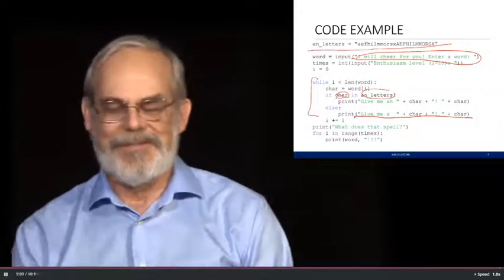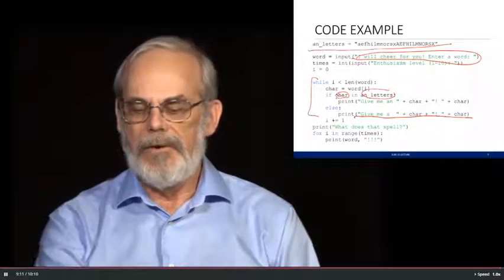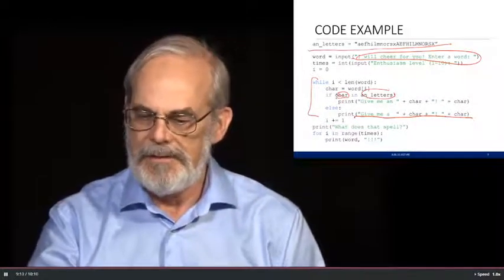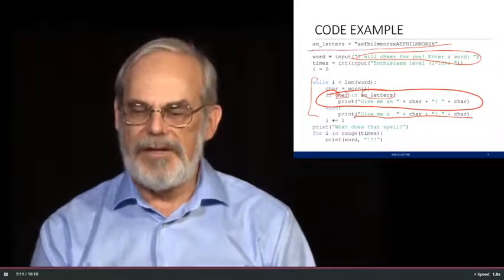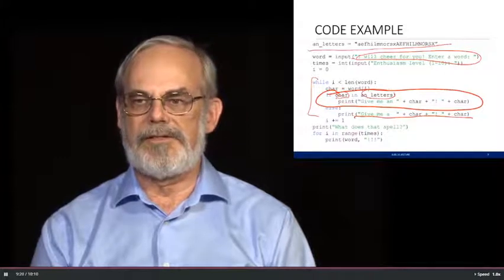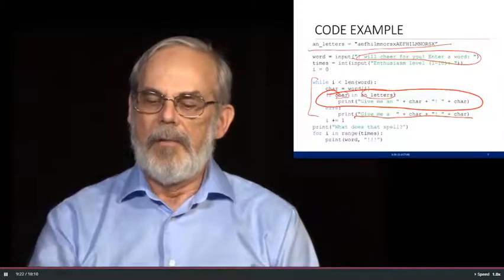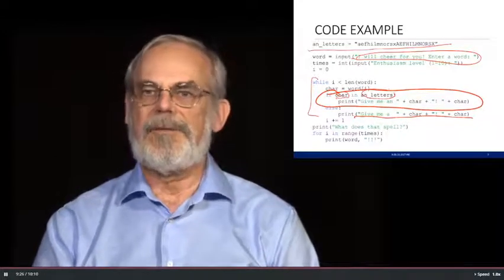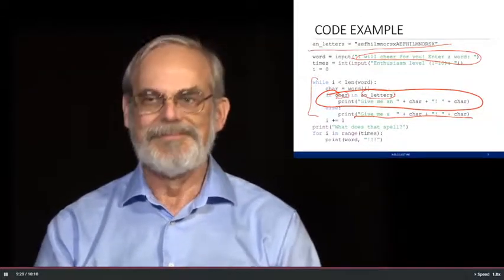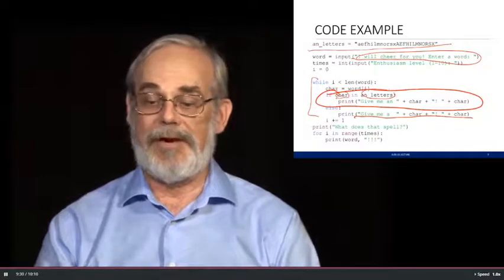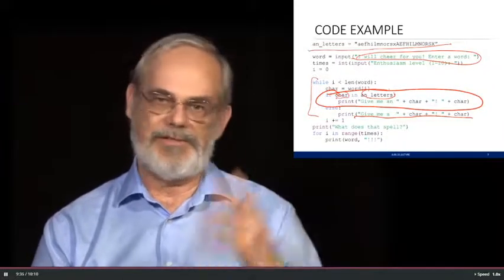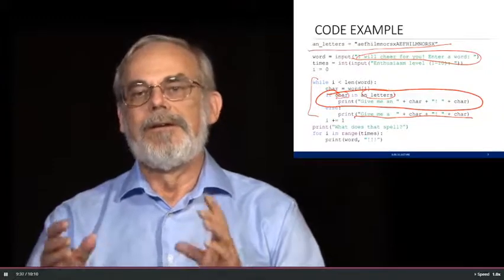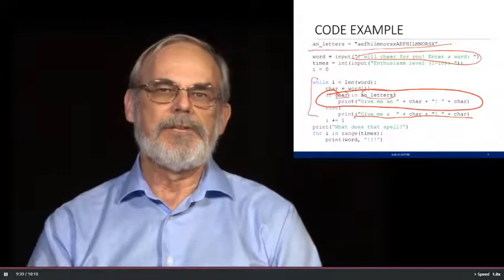What I want you to see is how I'm looping over, especially in this place right in here. I'm using the loop over a set of strings in order to be able to decide what I'm going to do. And why am I doing that? Because if it's something that is a vowel, I don't want to say, give me a. I want to say, give me an A. If it's something like an M that we pronounce that way, I want to say, give me an M. Whereas in the other cases, I want to say, just give me a C, give me a D.